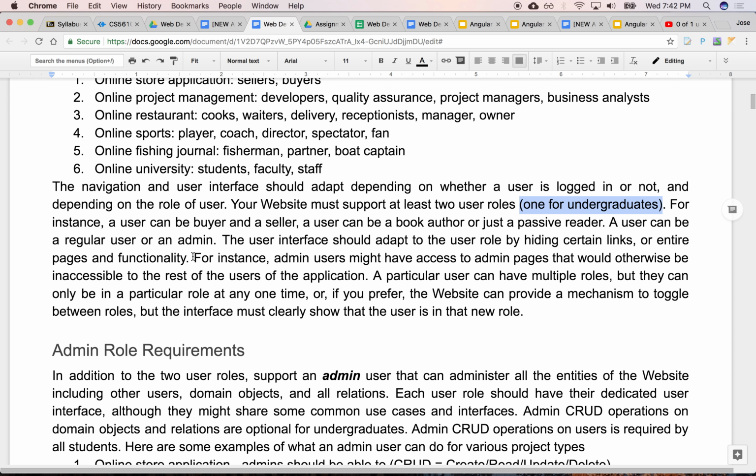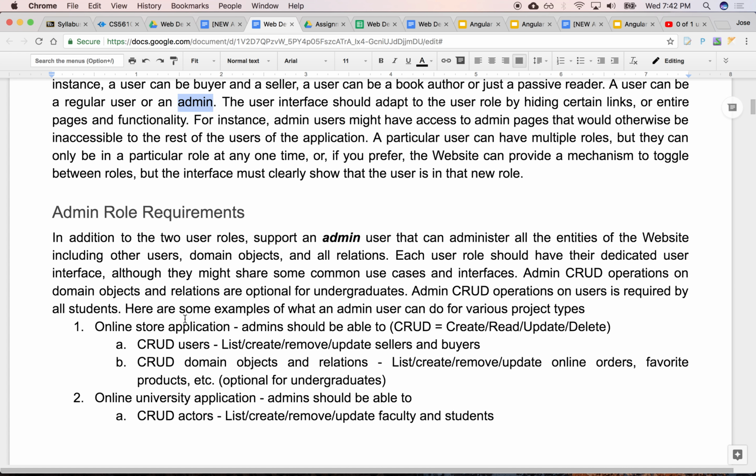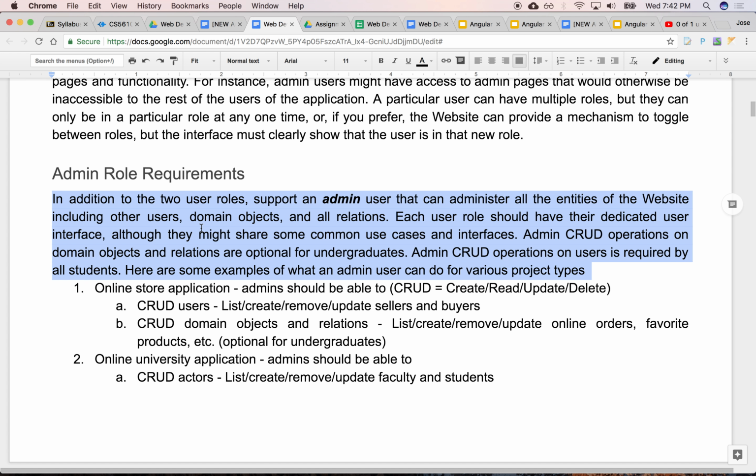Read through this. You also have an admin user, the admin role. And the admin role should have the capability, for instance, of adding new users, removing existing users. So being able to do the CRUD operations, create, read, update, and delete, of users, and also of objects in there.